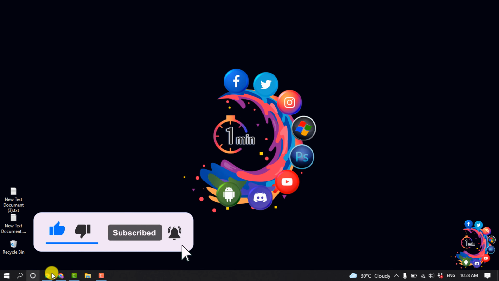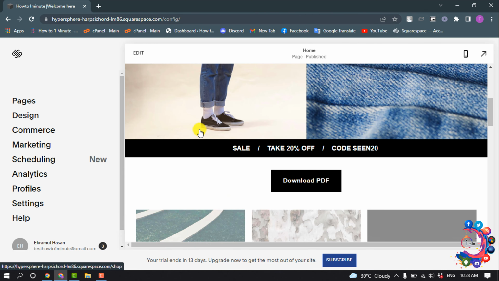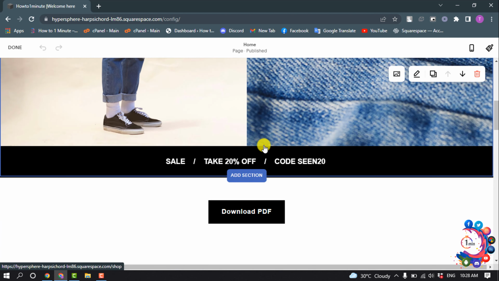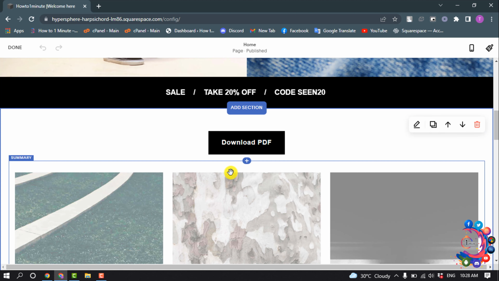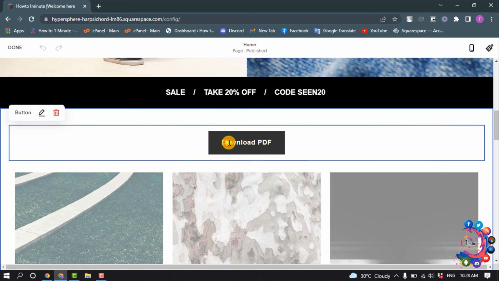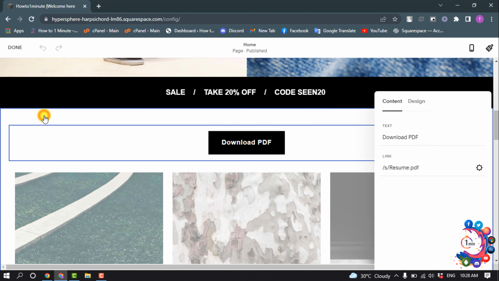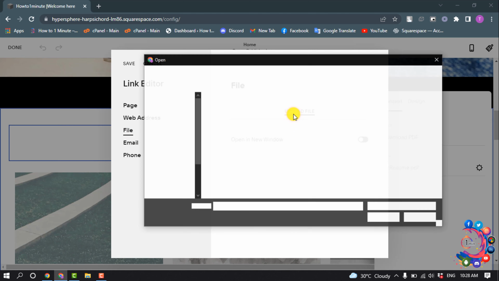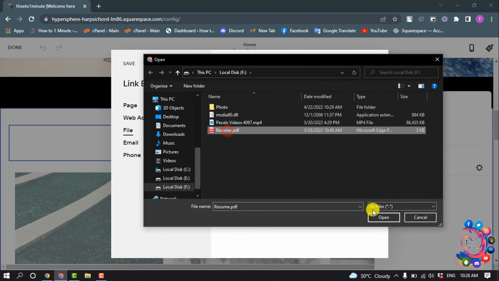So open your Squarespace and click on edit. So right now I'm going to be adding a PDF inside of this button. So I'm selecting the button and clicking on the pencil icon, and click on this gear icon next to link and select file, upload file, select your PDF,